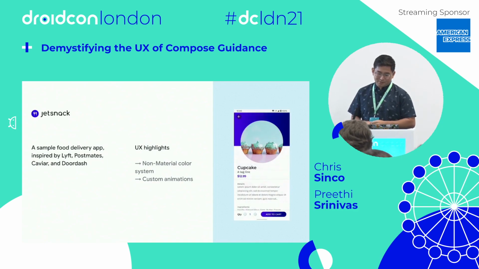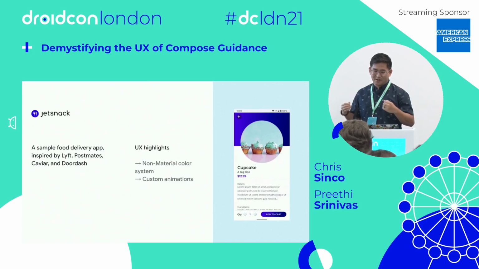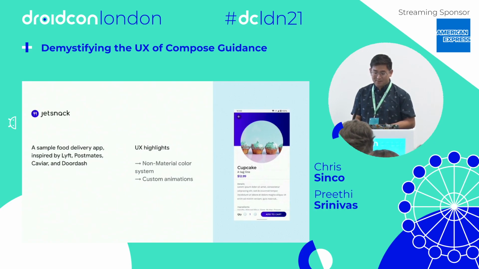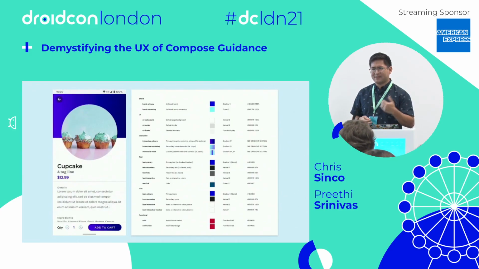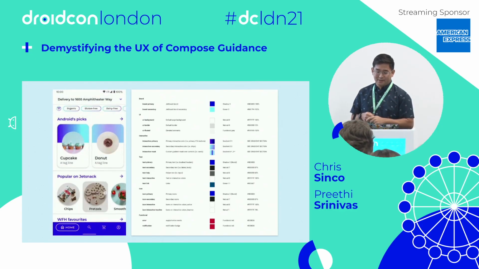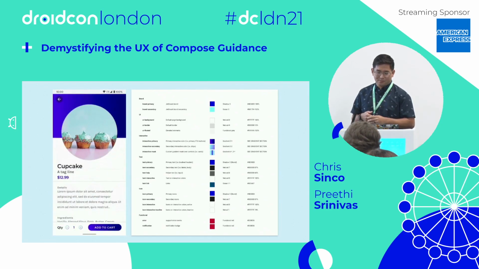And so with Compose, I think actually Nick Butcher was like, give me something the most non-material. And we did push that. I think we could have pushed it farther, but we tried our best. But the idea here was to show how extensible the theming system could be. So, I think Material Design has some primary, secondary, and I think now they have tertiary. But sometimes those colors don't actually map directly to how designers think,